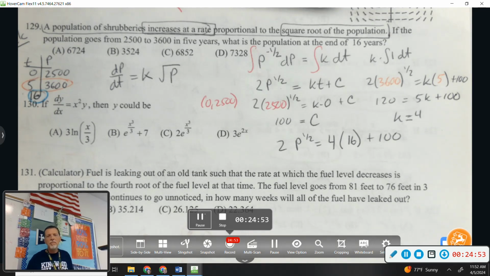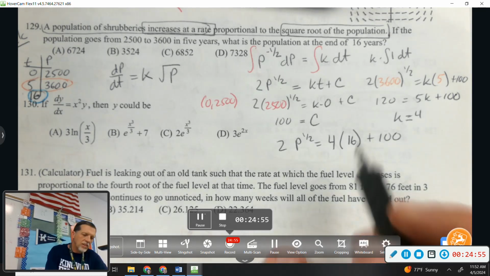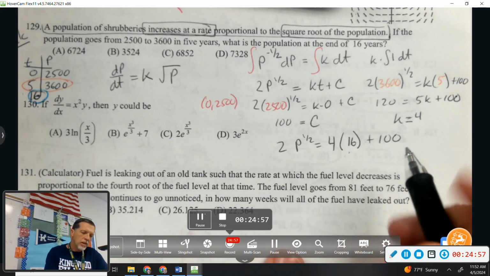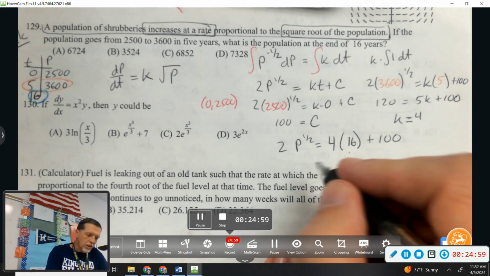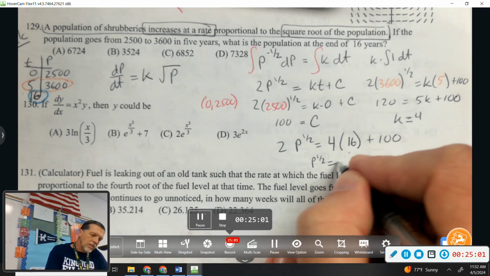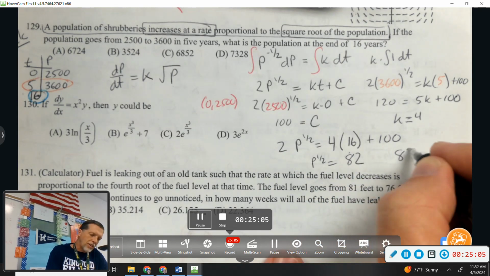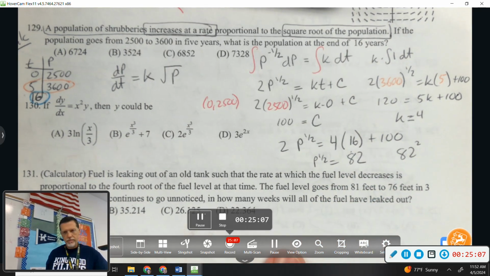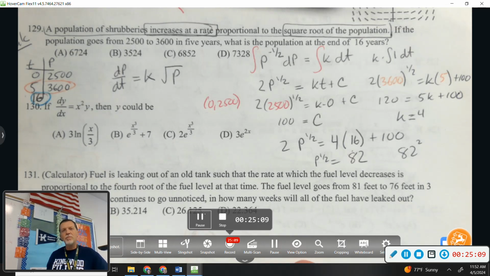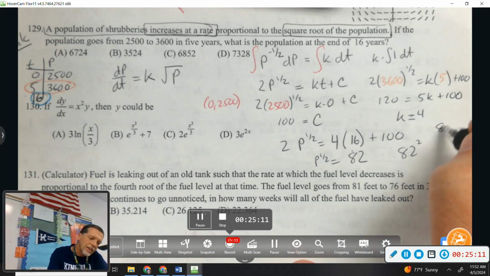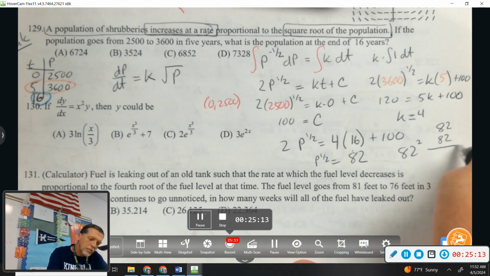Maybe not. 16 times 4 is 64, plus 100 is 164, divided by 2 is 82. And then I need to square 82. Well, that's doable without a calculator. Probably not your favorite thing, but